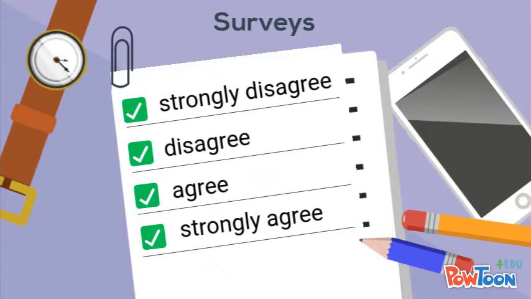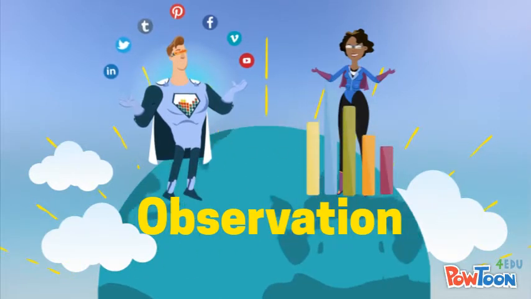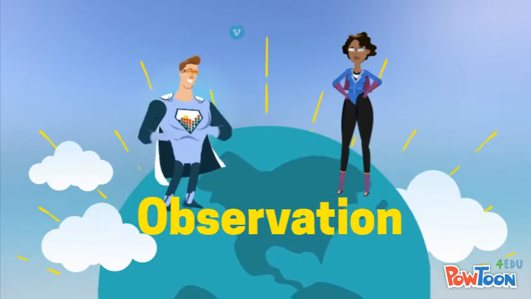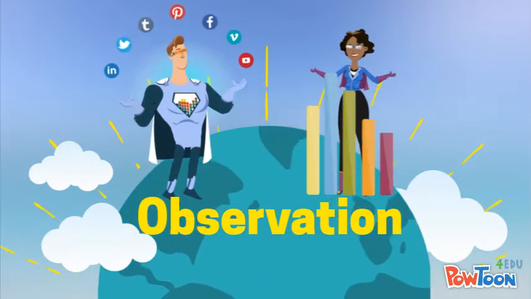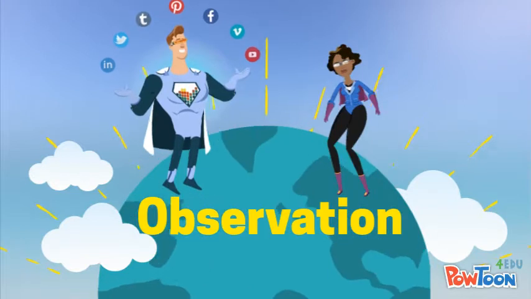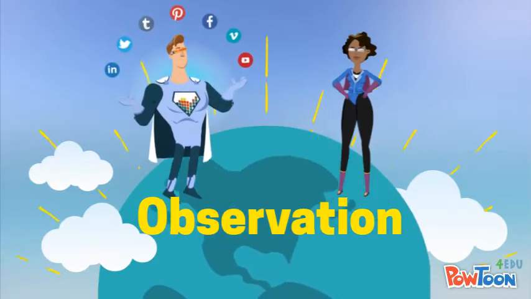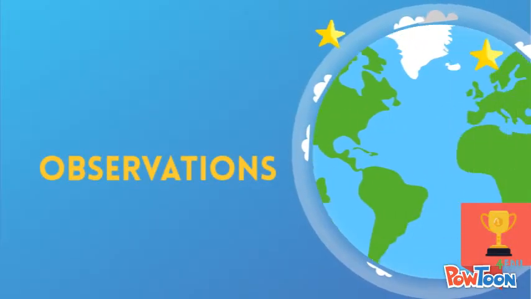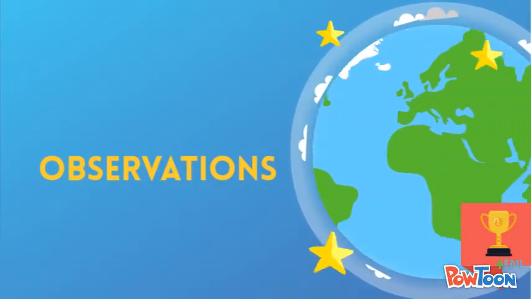So now we move on to observations, which allow for the study of dynamics of a situation or frequency counts of a specific behavior. Observations are a good source for providing additional information about a group, and if you record the person being observed, it can be used as a form of documentation. This type of data collection can be used in both qualitative and quantitative data, and observational techniques vary in several